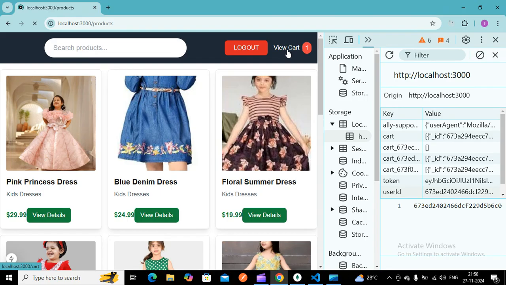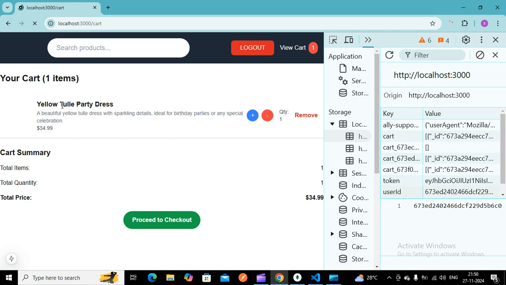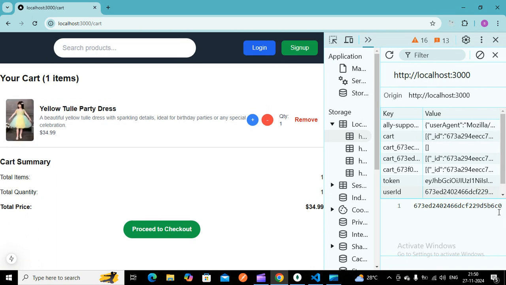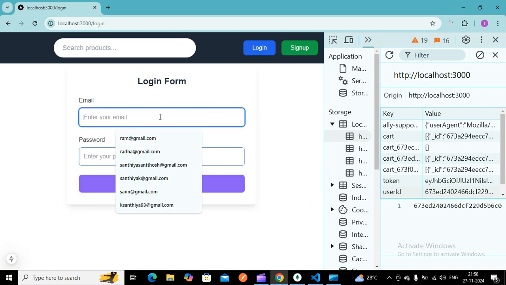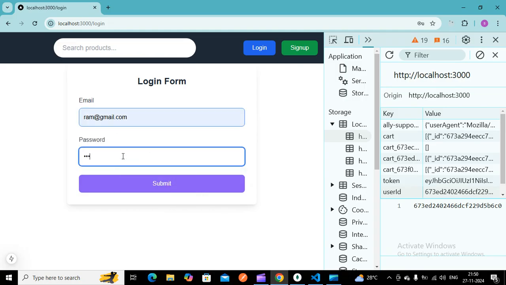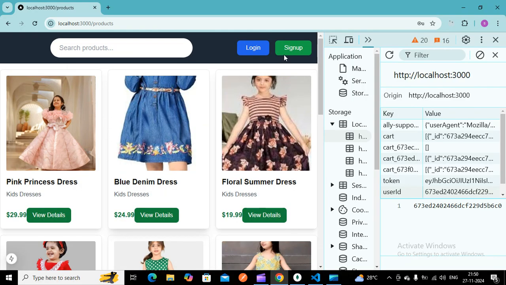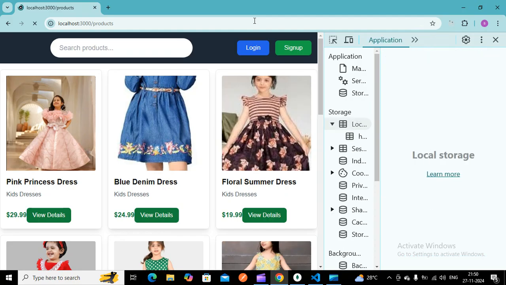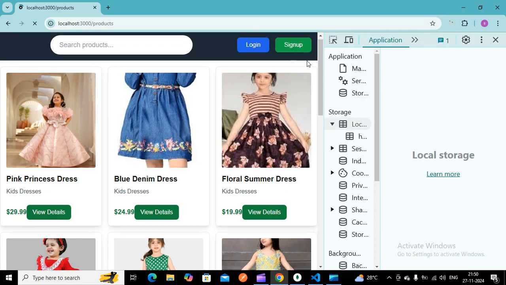So you can see this is a yellow one which we have added as this particular cart item here. Once I log out of my C0 account and go to this other email, if I submit this, you will be getting that particular user's cart item, not the other user account's cart.